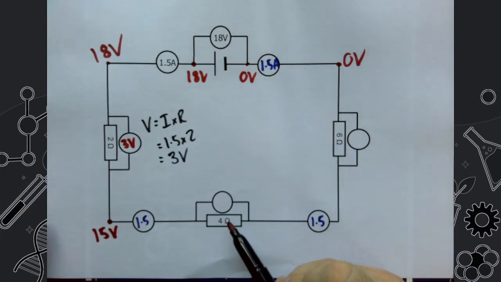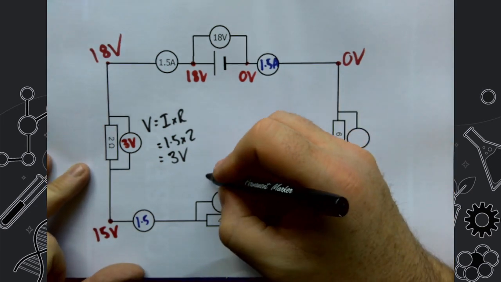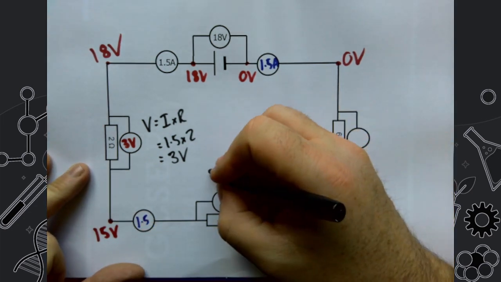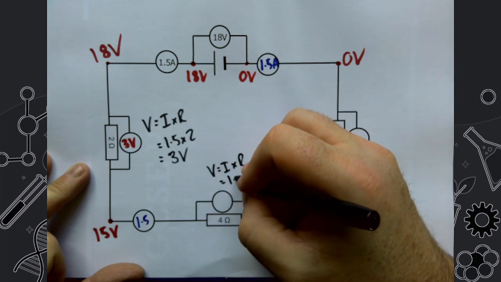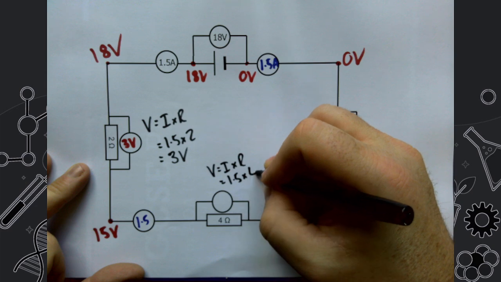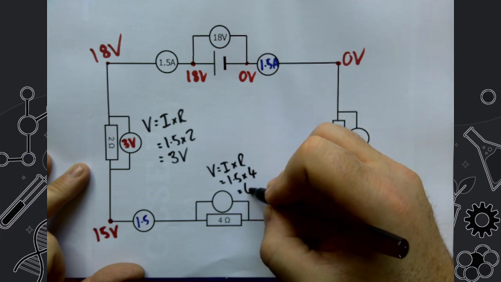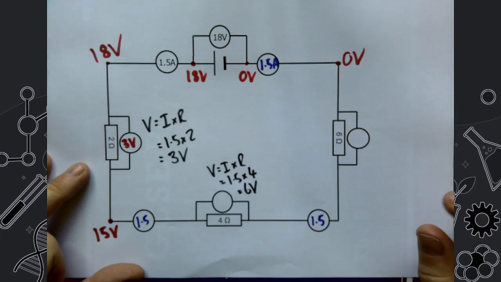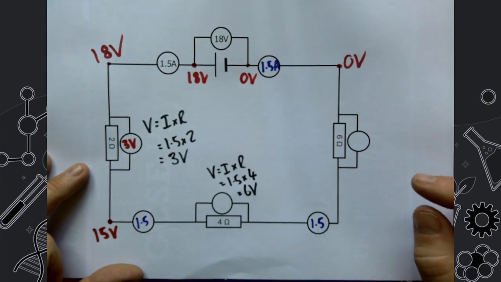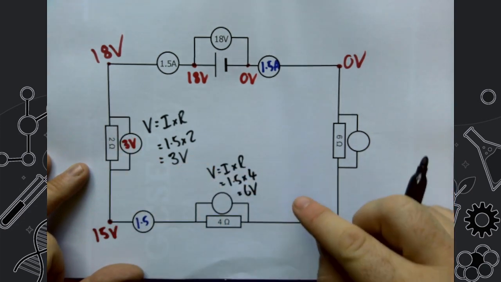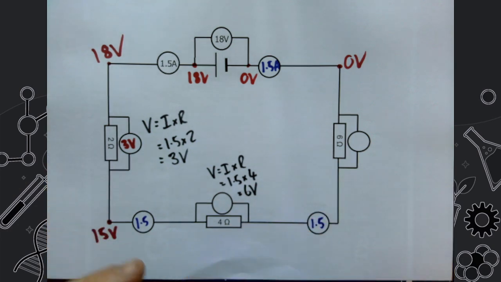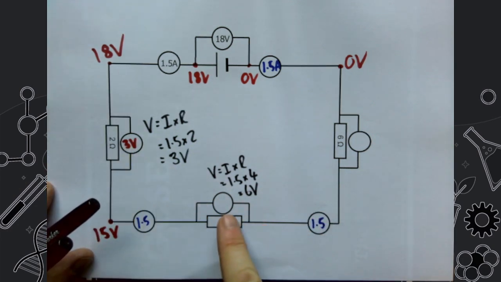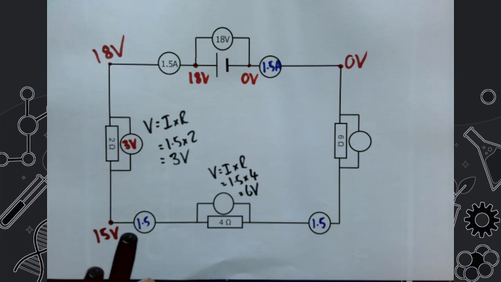Let's do the same down there. Okay, this is a bigger resistance, but we use the same equation. And because the current's the same, it's going to be V is equal to I times R, which is 1.5 times 4, and that equals 6 volts. Actually, something to notice, in a series circuit, because the current is the same everywhere, if I double the resistance, then I must double the potential difference. So 3 volts for the 2 ohms, it must be 6 volts for the 4 ohms. And that goes in